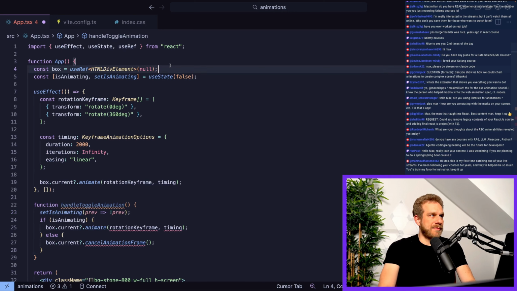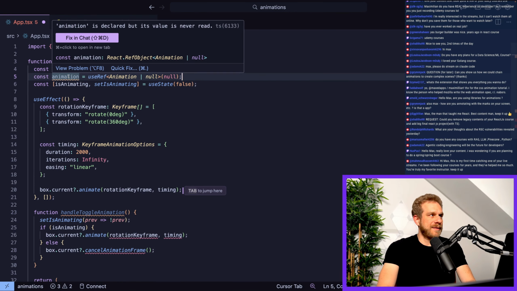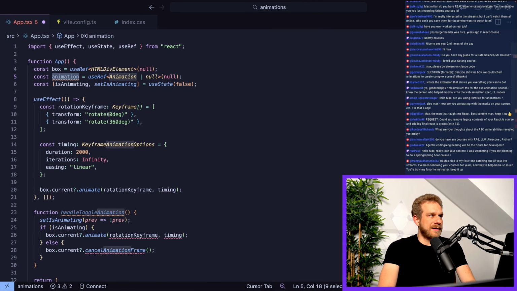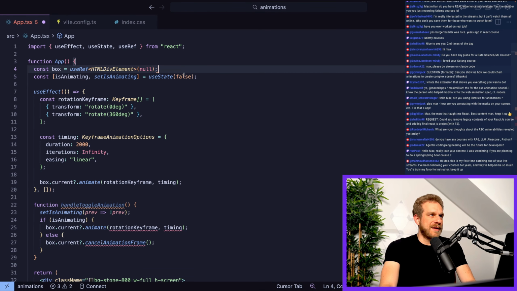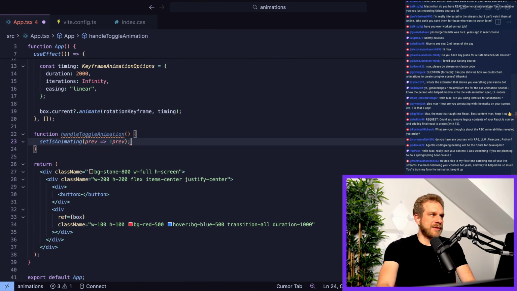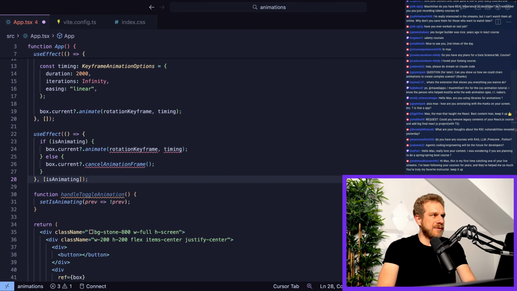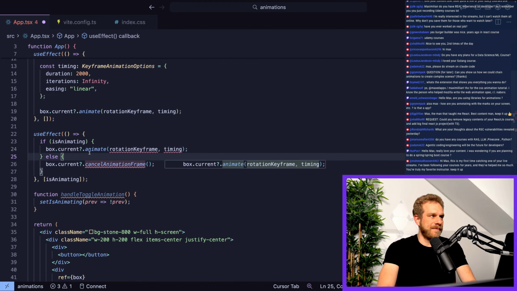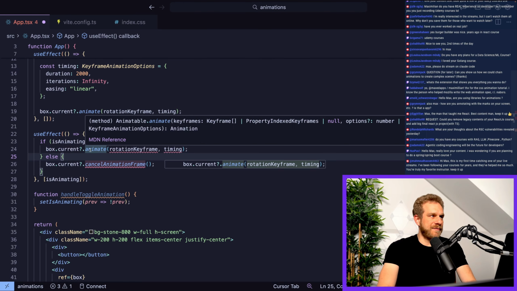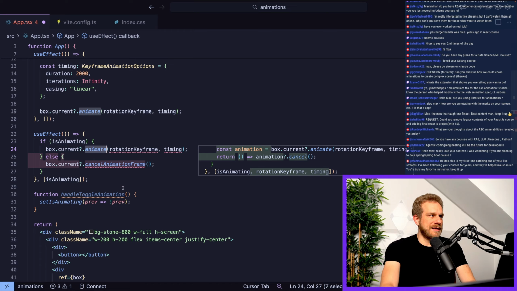So we probably, in reality, would use an extra ref, or a variable instead of using state here. Or what I'll do here, it's also not super clean, but good enough for this demo. We can use another effect, which will run if isAnimating changes. And in there, we check if isAnimating is true. In this case, we want to